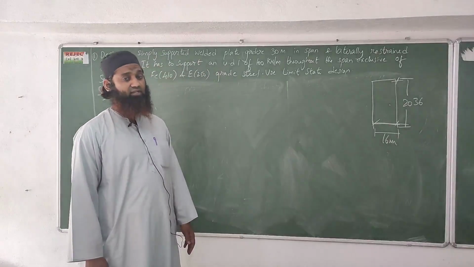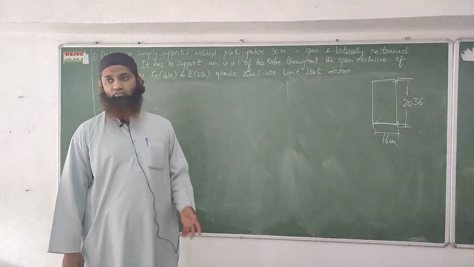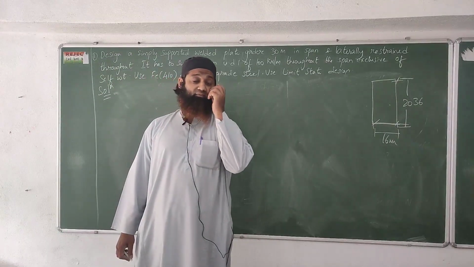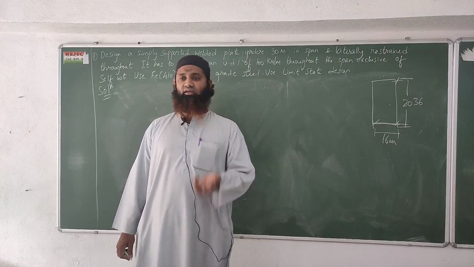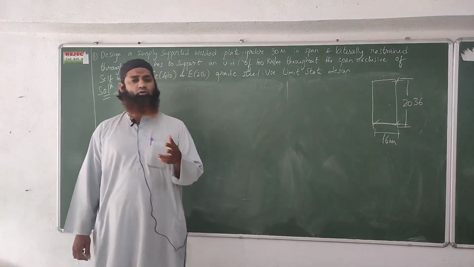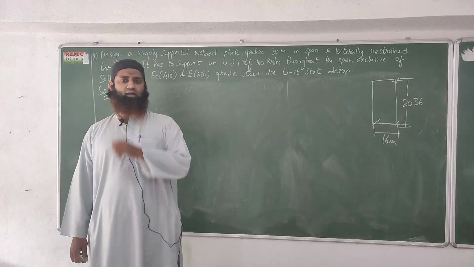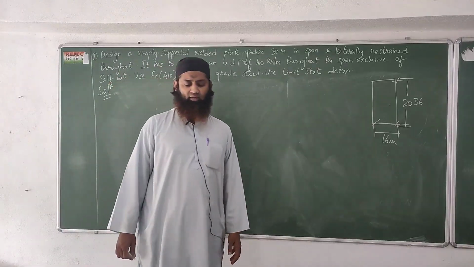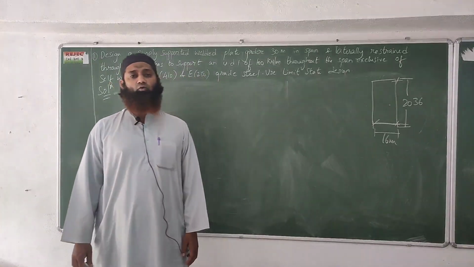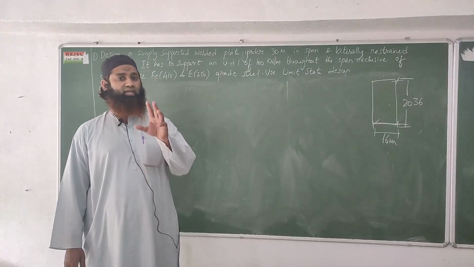Then next what we had done is we had calculated the area of the flange. Area of the flange has been given by the formula: Mu by Fy into dW minus AW by 6. It has been given like that. Mu by Fy into dW minus AW by 6 will give us the area of the flange.